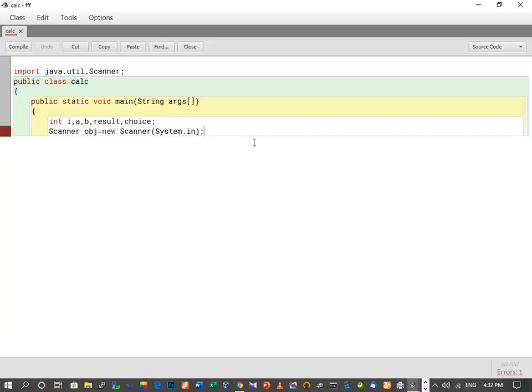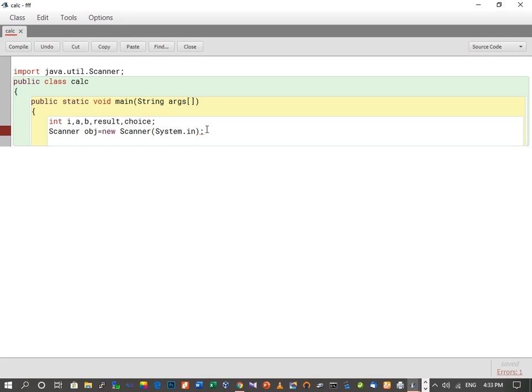So this is a simple calculator program which we are going to create now. Here I have written this from before, because till now you must have understood how to use the scanner class and how to create classes. These variables are declared over here, and then I have created an object of the scanner class. Now as this is a program which will provide some options to the user, the first thing we should do is provide a menu to the user, from where the user can select what he wants to do.